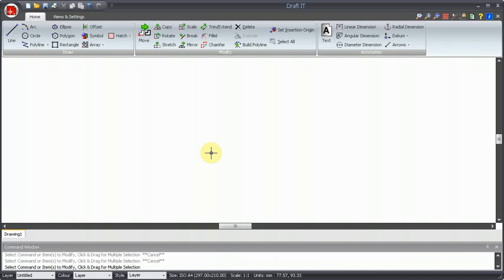Direct input is available in the Plus, Pro and Architectural versions of DraftIt and is a quick and easy method to assist geometry construction and modification. There are no buttons to click or input boxes to select before entering values. As soon as the numeric key is pressed, DraftIt understands that you want to enter numeric data and alters the